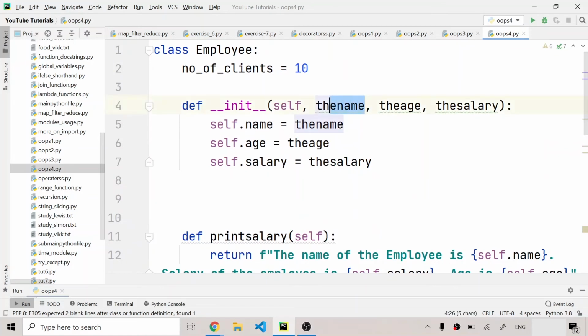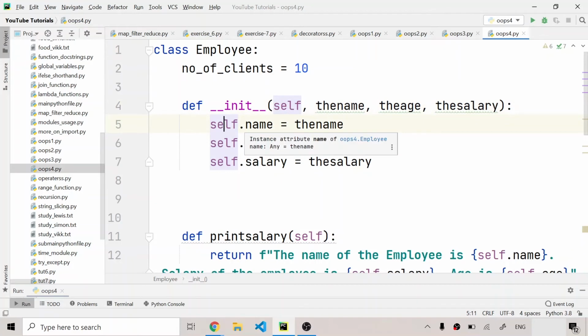So we had written in init self, the name, the age, the salary, three parameters, and after that the self is an object. So in that function I had written object.name, that is I'm making an instance variable with respect to that object is equal to the name. Then I've made age and salary as the other instance variables, and I've initialized them to the age and the salary. So that's how guys the constructor works.